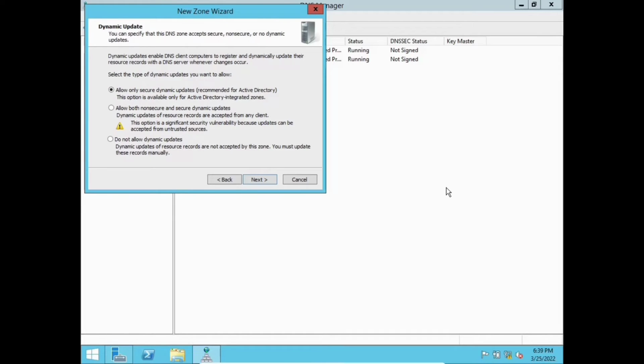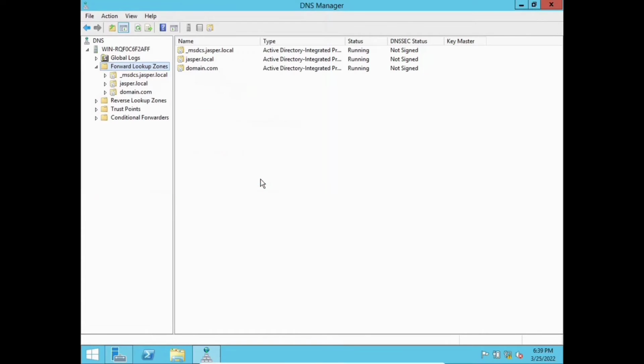As you can see, in some other video tutorials about DNS service installation, they don't have these options. Do not allow dynamic updates. It's because they haven't installed the Active Directory and configuration yet, but in my case I already installed that in my previous video, so that's why I have these options. I'll select allow only secure dynamic updates because it is recommended for Active Directory. So click next, finish,